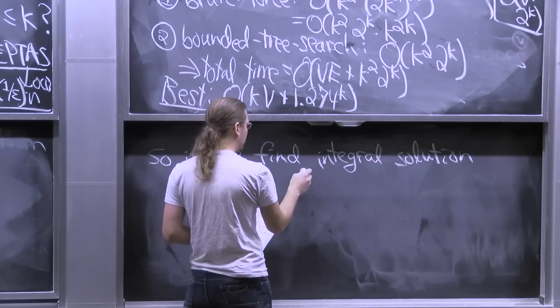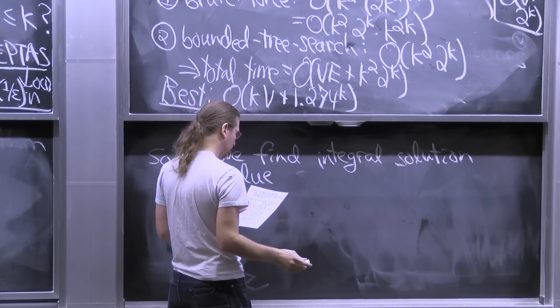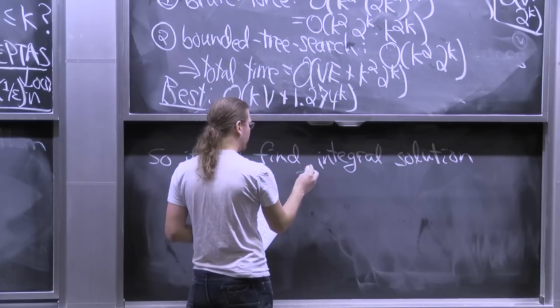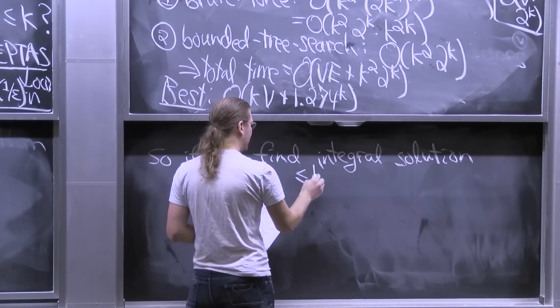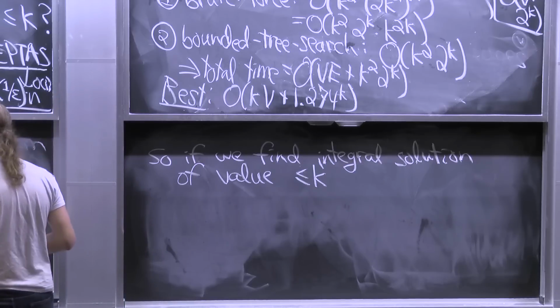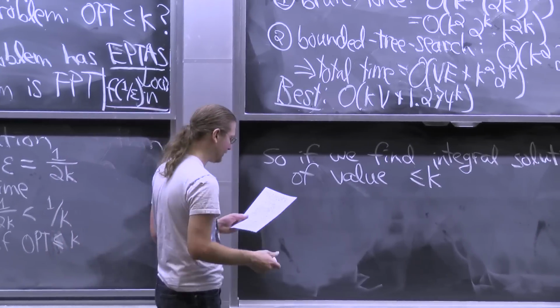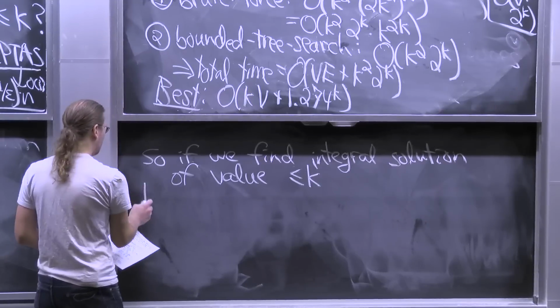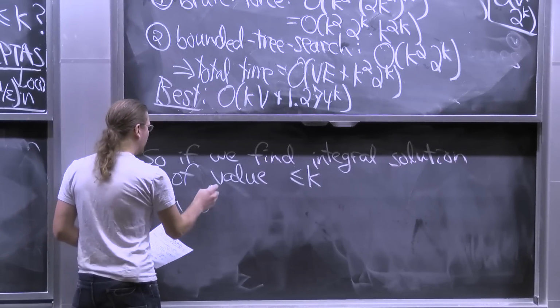Let's say we achieve something value less than or equal to k, which it better be if opt is less than or equal to k, then opt